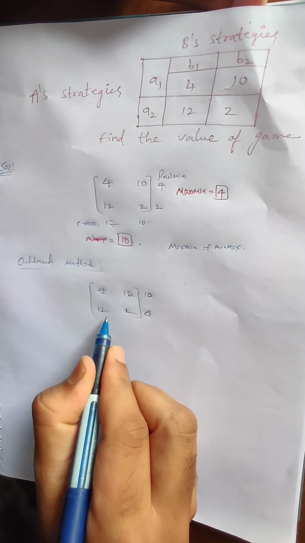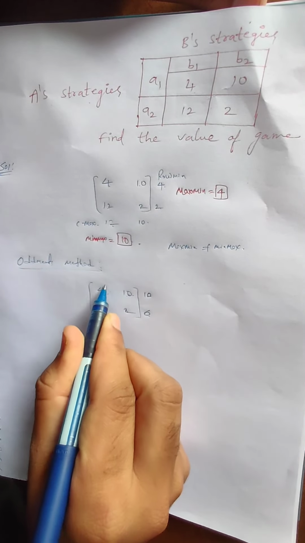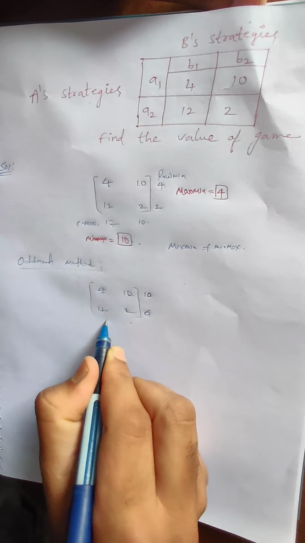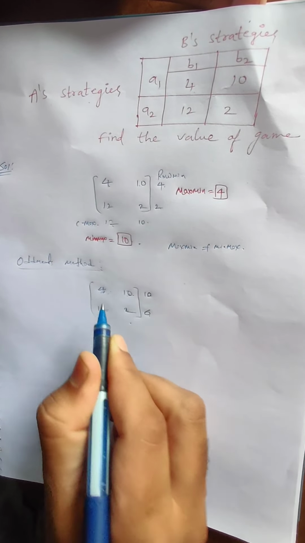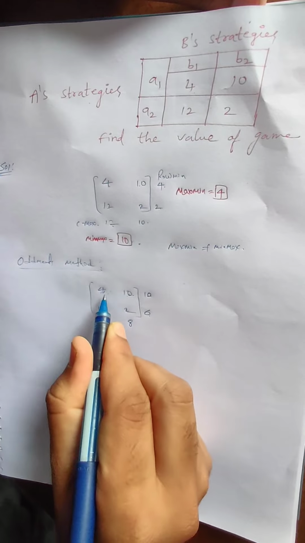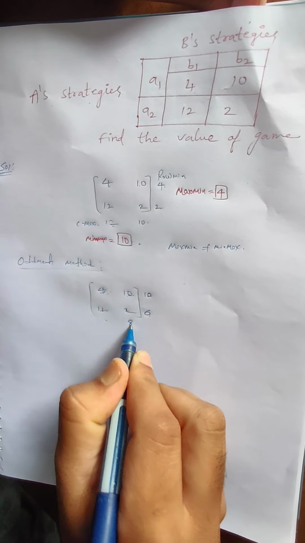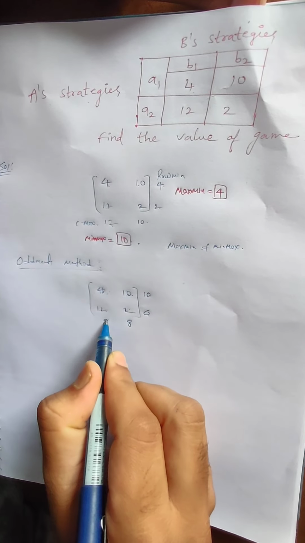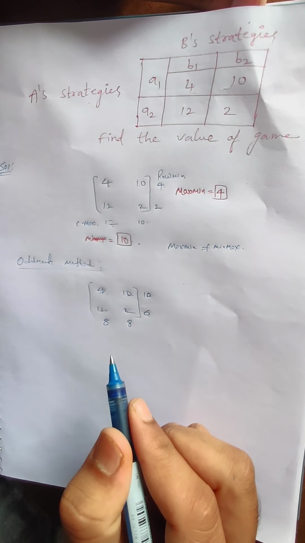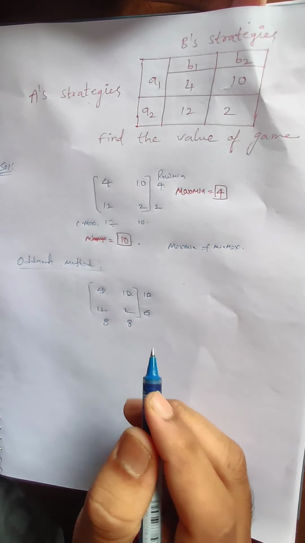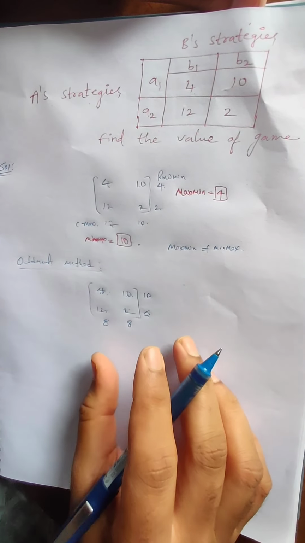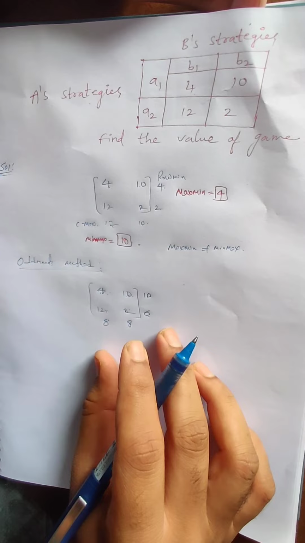Now coming to the oddments of columns, in a similar way, the difference between those two values you write here, and the other two values you write here. Like 12 minus 4 is 8, or 4 minus 12 is minus 8, which you take as plus 8. The next one is 10 minus 2, that is 8. So for the respective matrix we have 4 oddments. By using those oddments we can directly calculate the probabilities.